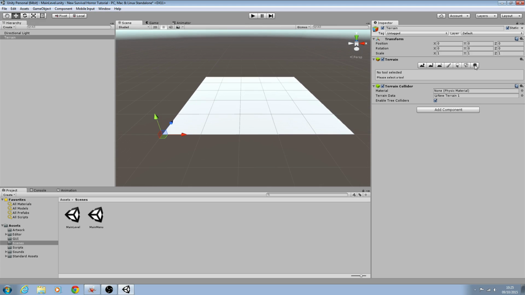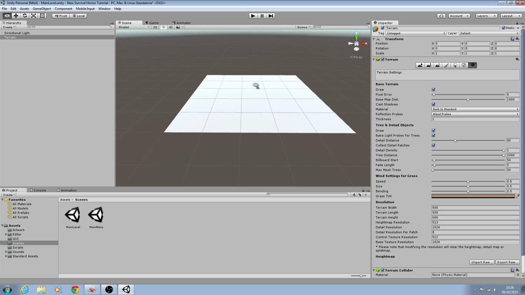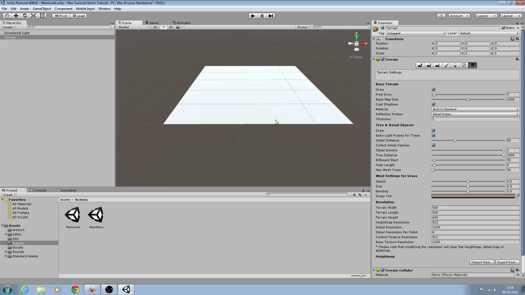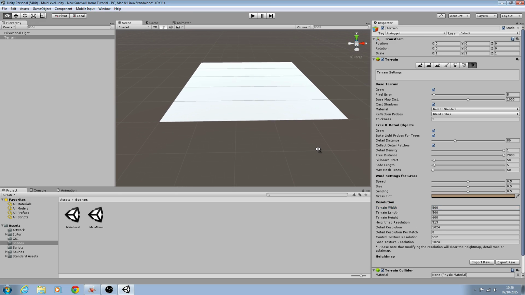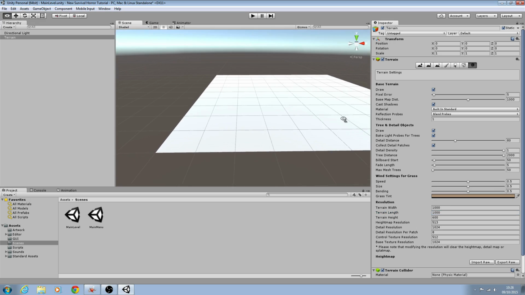Now what I'm going to do now is come to this cog icon, and as you can see we have terrain width and length. Now what you set these to will depend on what you want from your final project. If you want a game where the enemy is tightly packed into small areas that the player has to encounter, you'll probably want to leave that number at a low value. But if you want to add exploration to your scene, you'll probably want to increase this number quite substantially. And for now I'm going to have mine at 1000 by 1000. And once we have that in place,